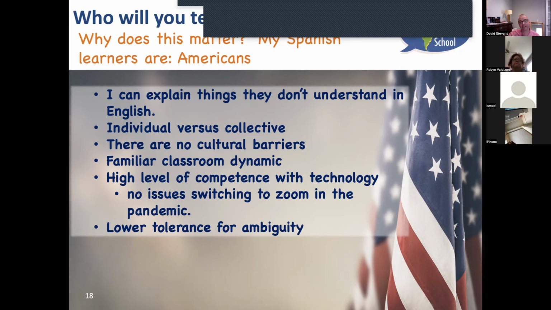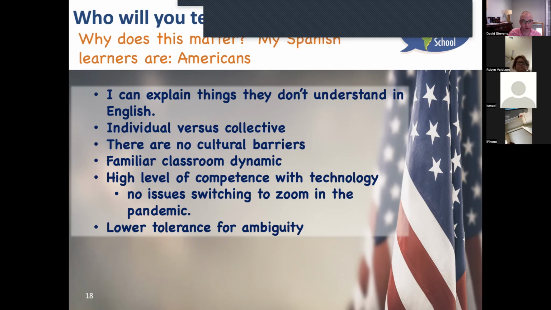So as we'll see here, if we dive in a little deeper about my Spanish students, who are they? They're Americans. And why does that matter? Well, I can easily explain things that they don't understand in English. Americans, from a cultural perspective, come from a society, a culture that praises individuality over collectivity. And this matters a lot because when I'm doing activities in class, students are much more comfortable working by themselves, right? Versus when I teach English to Spanish speakers, which is a collective society culturally, they like to